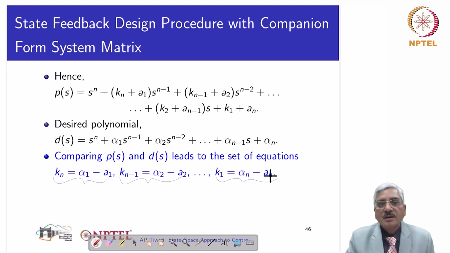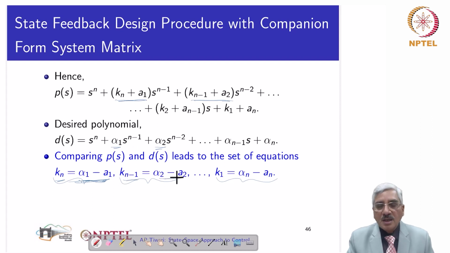They are not coupled. Earlier, when we saw in the example, the equations were coupled. Each one of these is for a single variable. This Kn plus A1 equal to alpha 1, that leads to Kn equal to alpha 1 minus A1. Kn minus 1 plus A2 is alpha 2, that leads to Kn minus 1 equal to alpha 2 minus A2,